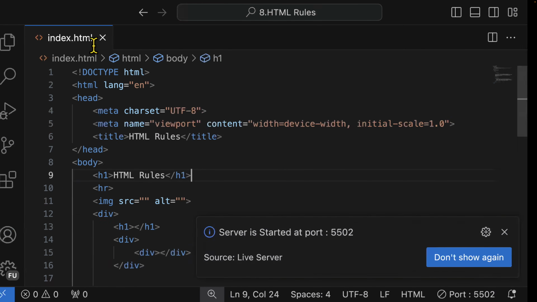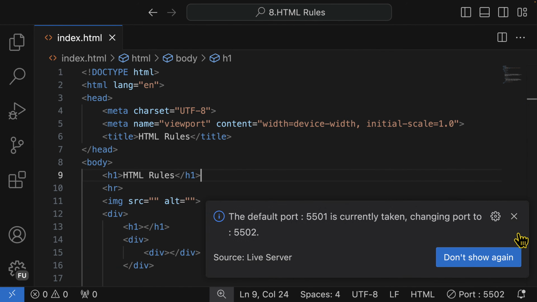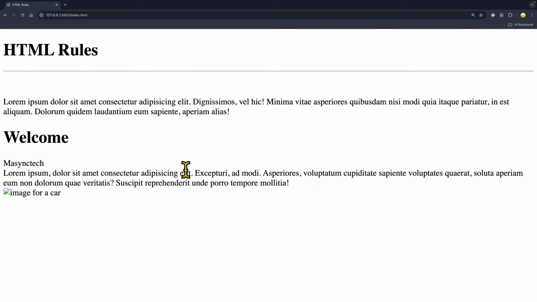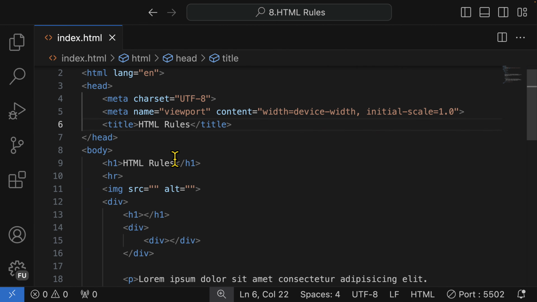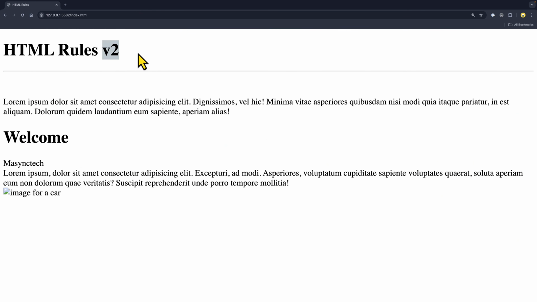And indeed, it is running on this server. So with this one, anytime I make changes to my HTML code and then save it, automatically is going to be updated on the page. So let's say that I want to change this one to HTML version 2, save it, and let's see. And as you can see, it has been